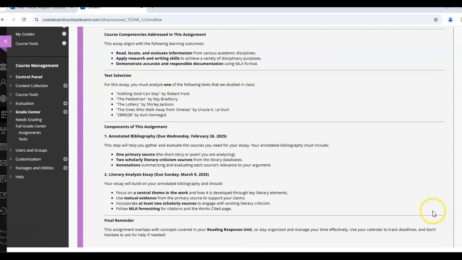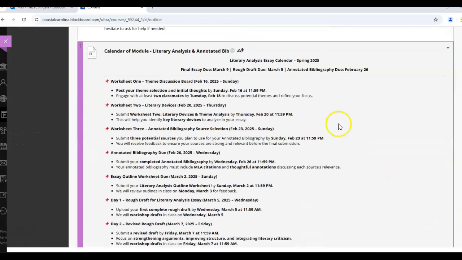So if we scroll down here in this folder, I have the calendar. You can start this anytime you want, okay? If you want to start thinking about theme right now, you already know you want to write on a story. You already can start thinking about your theme selection and your initial thoughts, okay? Because you'll have a discussion board to post from about 2 weeks from now.